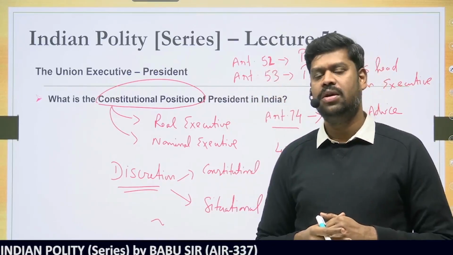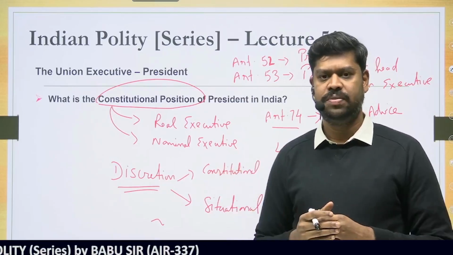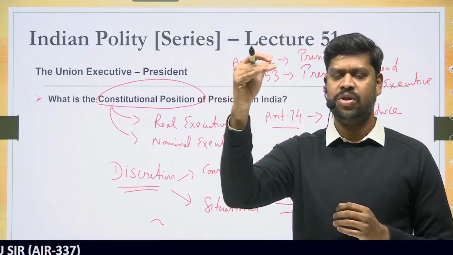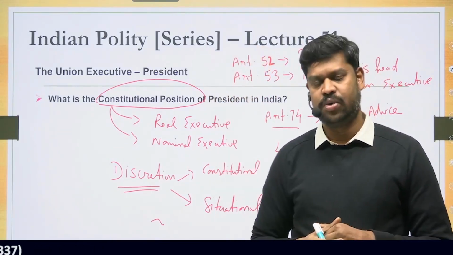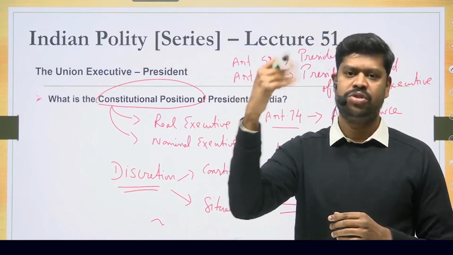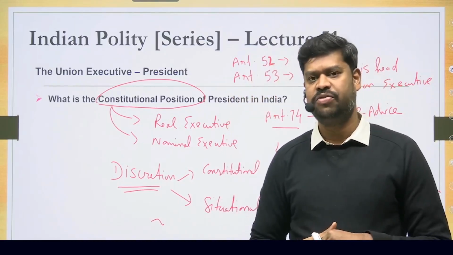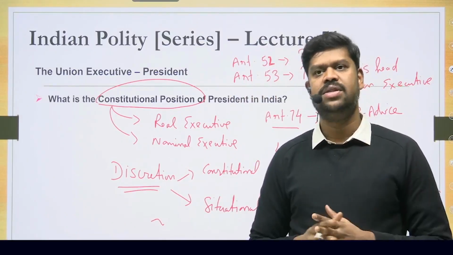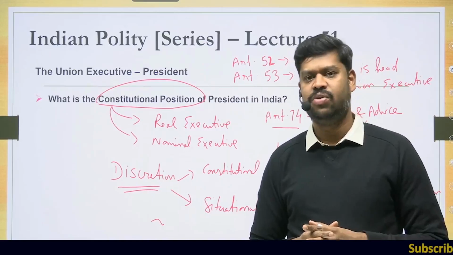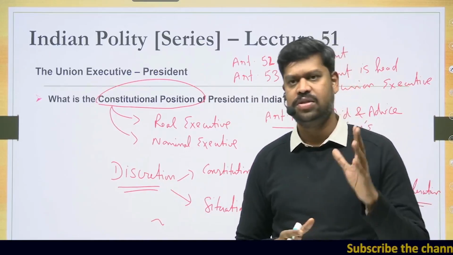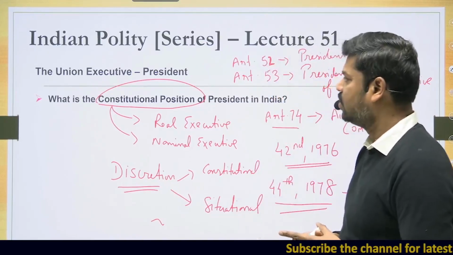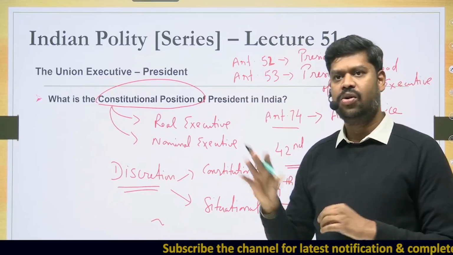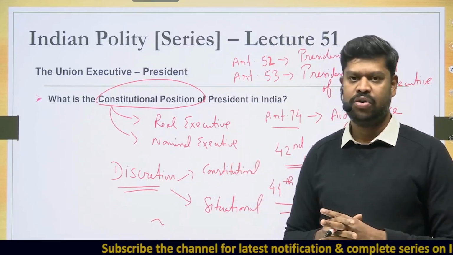And above all, the Prime Minister and the Council of Ministers need someone to use discretionary powers whenever it is required, so the Constitution provided for what is called the office of the President. So this is the basic understanding, but however, the President under the Constitution of India is merely a nominal executive. So this is the basic understanding you should have with regard to the constitutional position of the President. I'm sure that it is very clear to all of you.